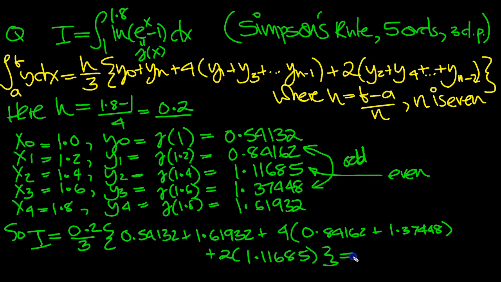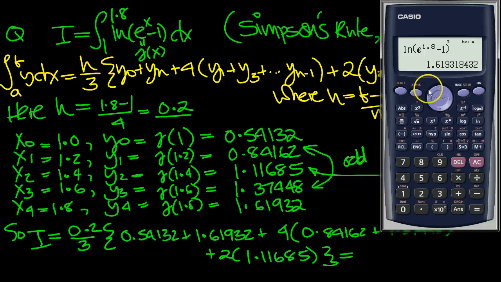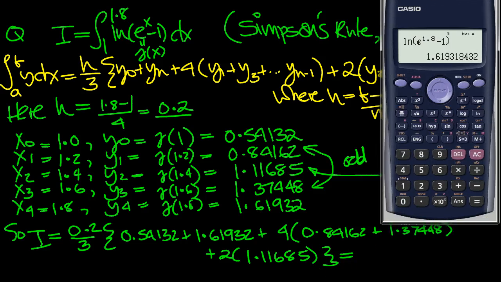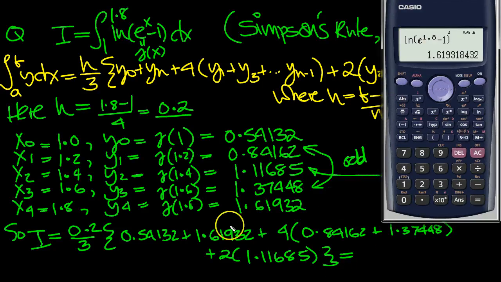Okay, let's just tap that in the calculator then. So let's have a go at that then. 0.2 over 3, times by bracket, 0.54132 plus 1.61932 plus 4 times these two numbers, 4 times open bracket